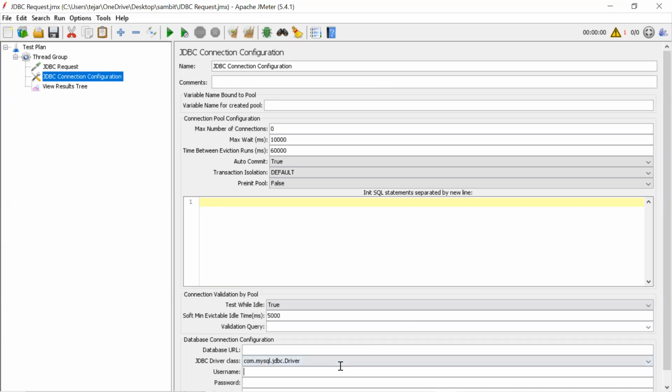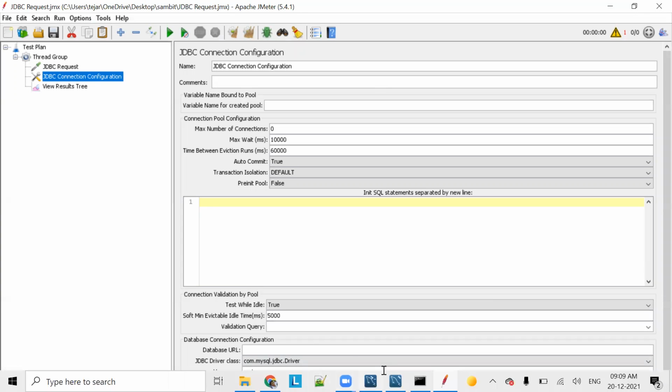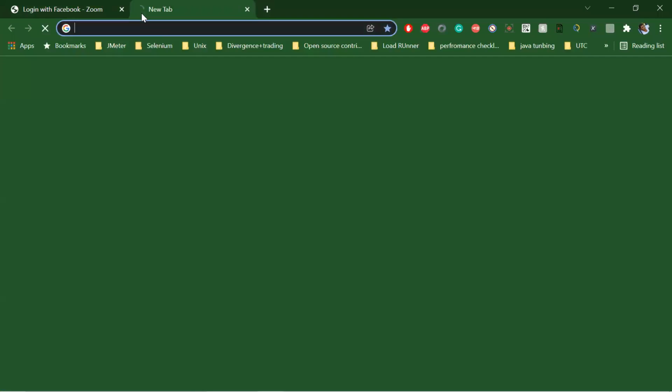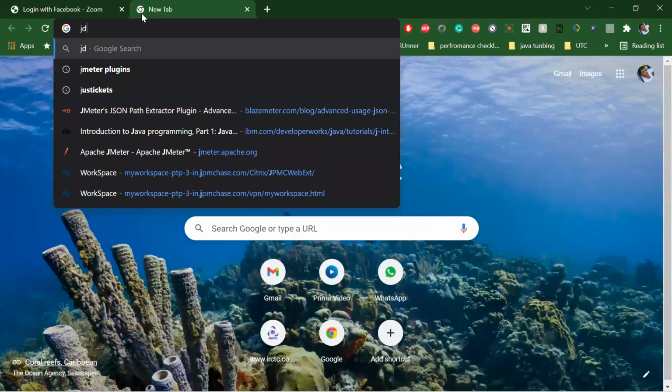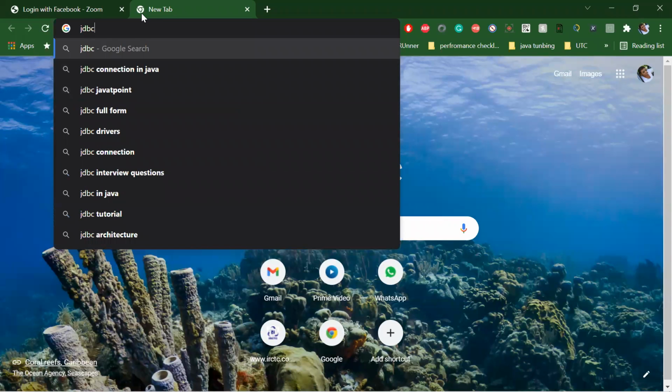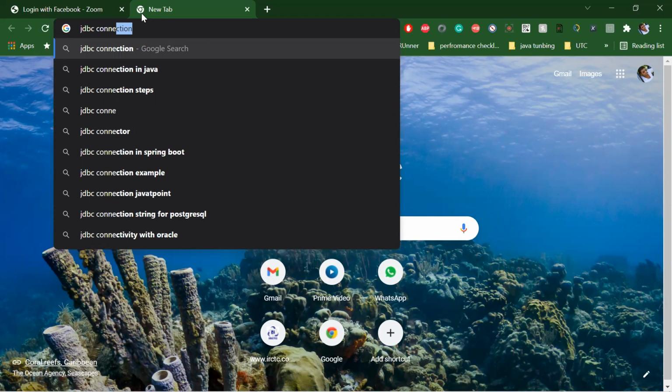The username and password are root. The database URL will be a little bit different; it's not like HTTP. Let me check on the internet because I forgot the syntax.